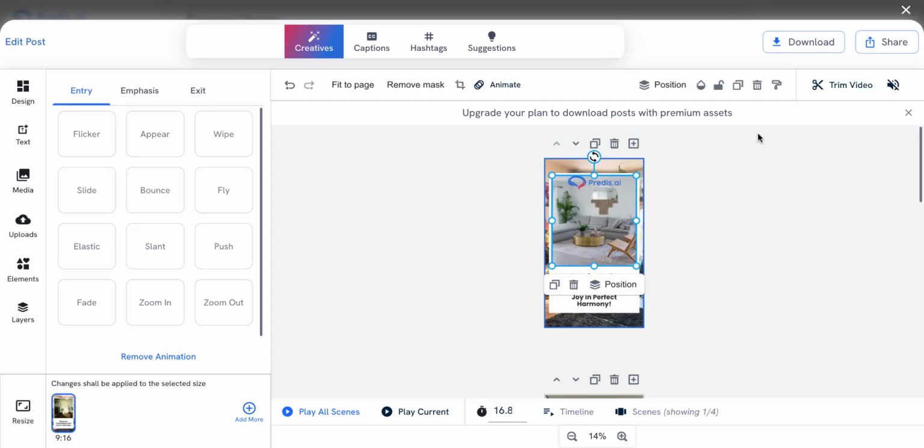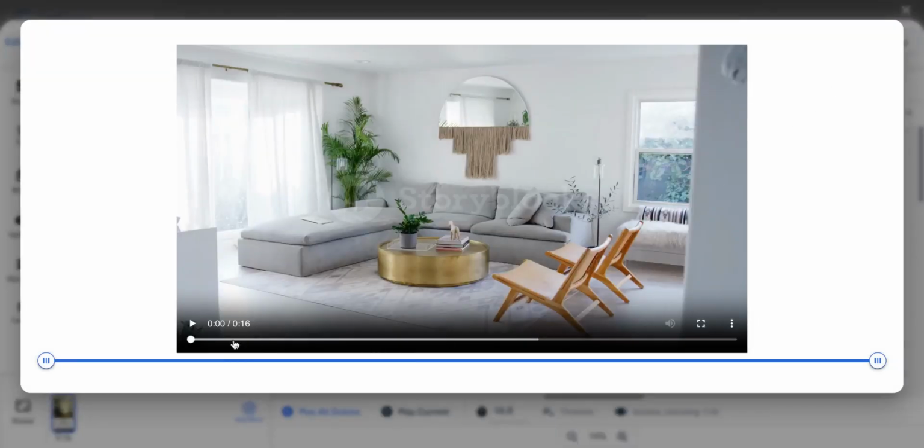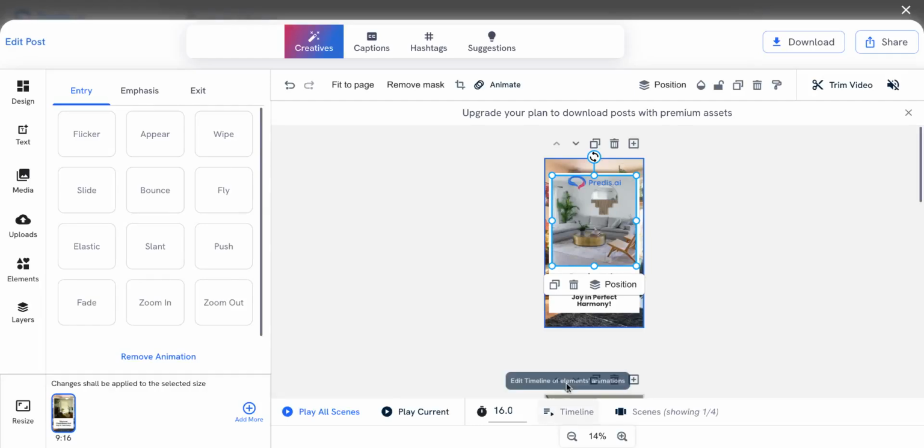Now we have multiple features. If I want to trim this particular video, I'll click on this trim video. And from here, I'll trim it. Maybe let's say I don't want 17 seconds, I just want 8 seconds. So I'll click on this 8 seconds and done. Now this video will be only for 8 seconds. If I click on play all scenes,